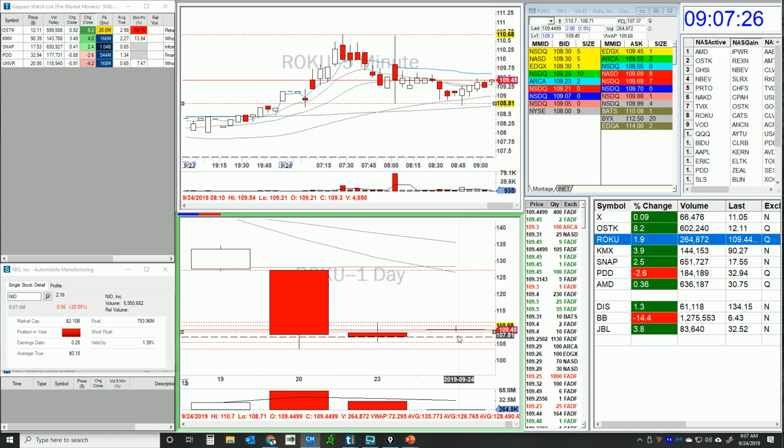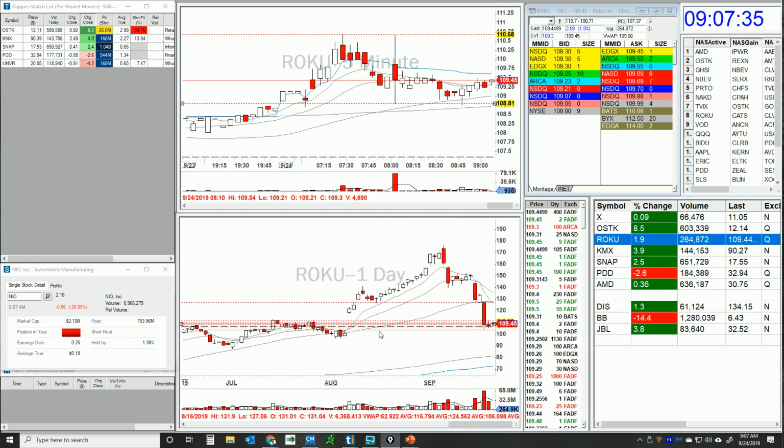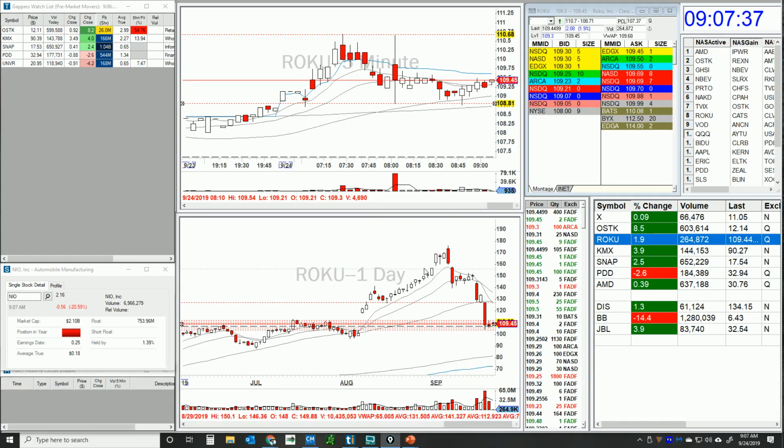So I'm going to mark that one down. Then below that you have the previous day close and the lows for the last 2 trading days. So I think that's plenty towards the bottom. But just in case, actually, no, that's not plenty towards the bottom, because if we look at the history here,